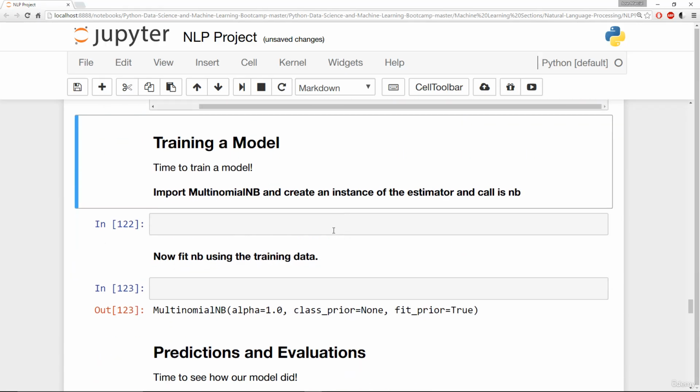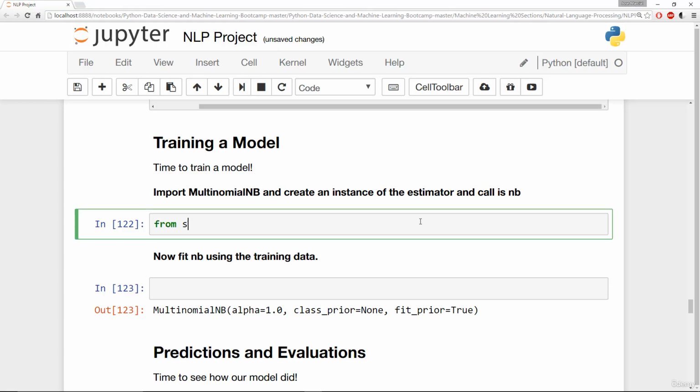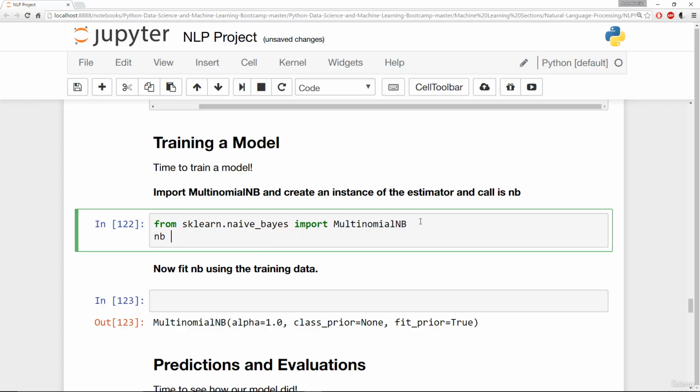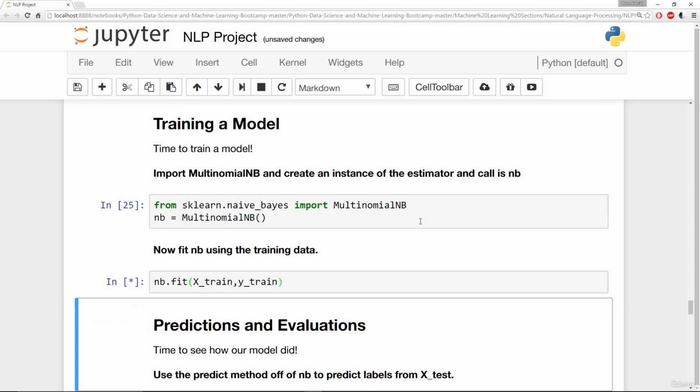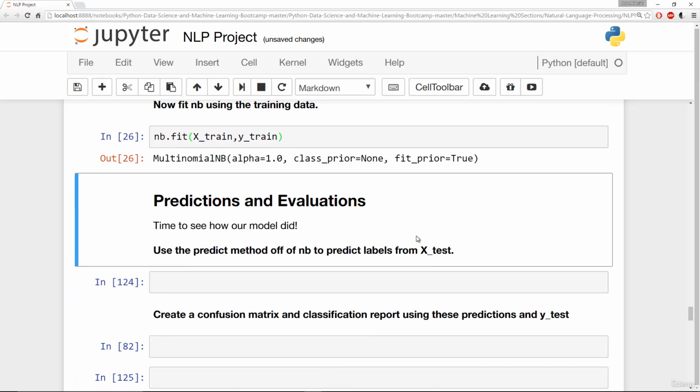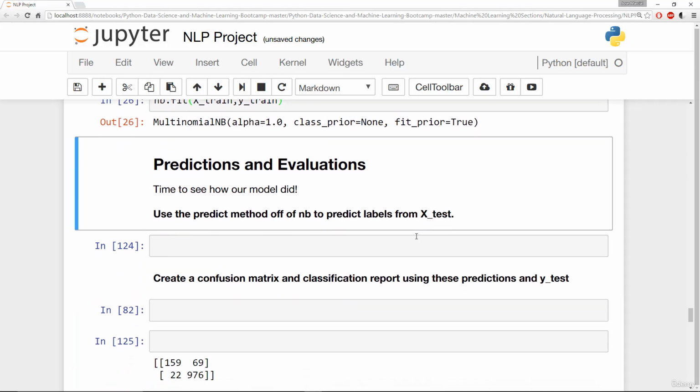We're going to import MultinomialNB and create an instance of the estimator and call it NB. I'll say from sklearn.naive_bayes import MultinomialNB and set an instance of it to NB equals MultinomialNB. And now I'm going to fit NB using that training data. So nb.fit X_train, y_train. So I have my multinomial naive Bayes model trained,